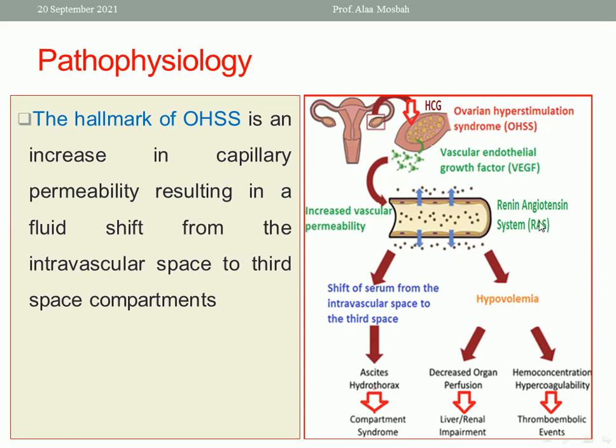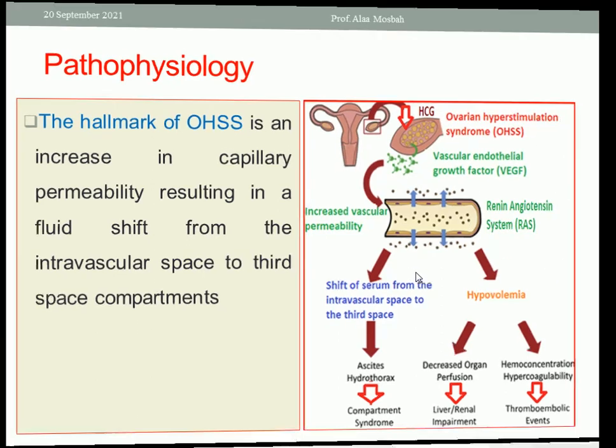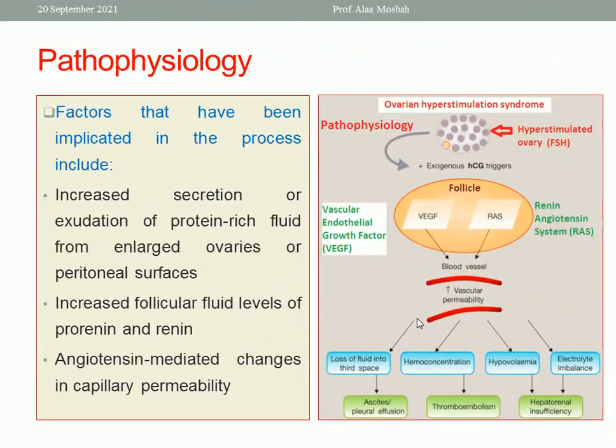Also, with the hypovolemia, there is hemoconcentration, elevated hematocrit, and hypercoagulability, which leads to thromboembolic events. This is the pathophysiology simply. As you see in this picture, this is the ovary stimulated